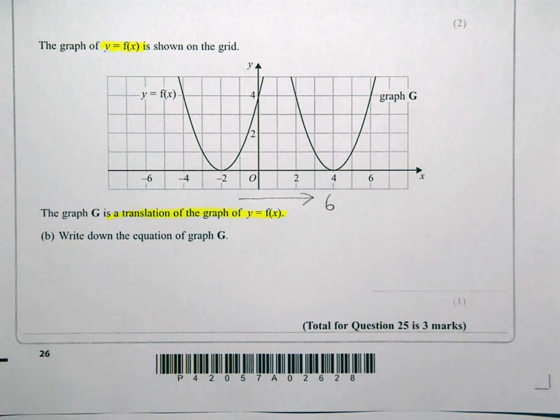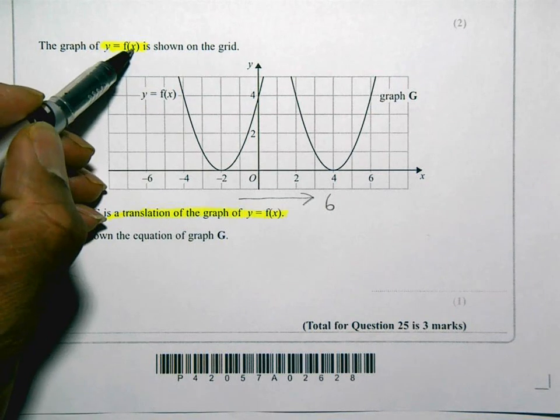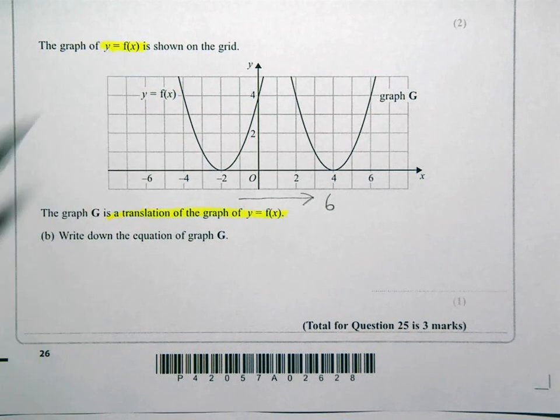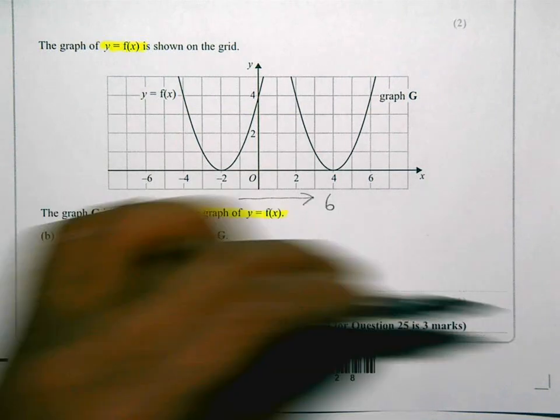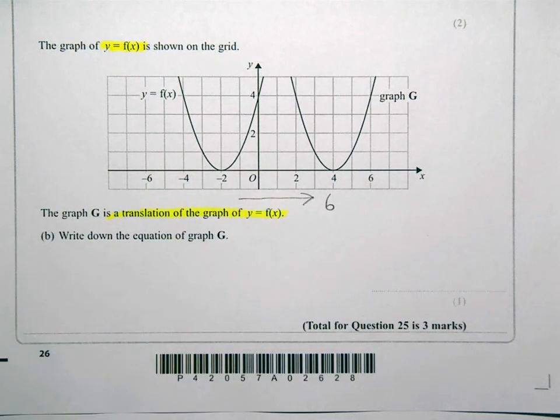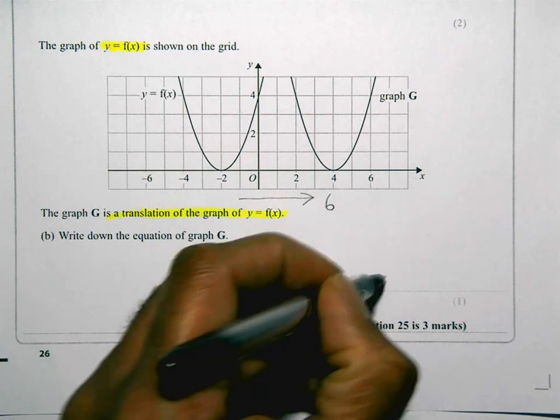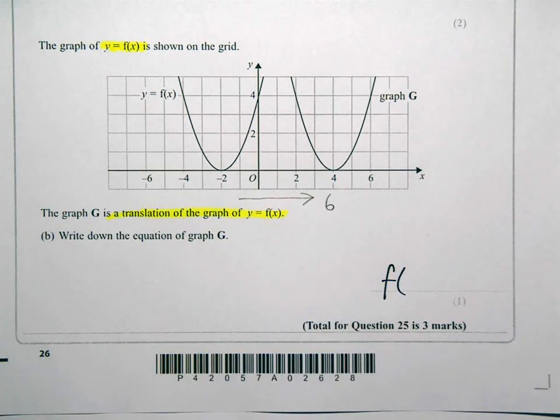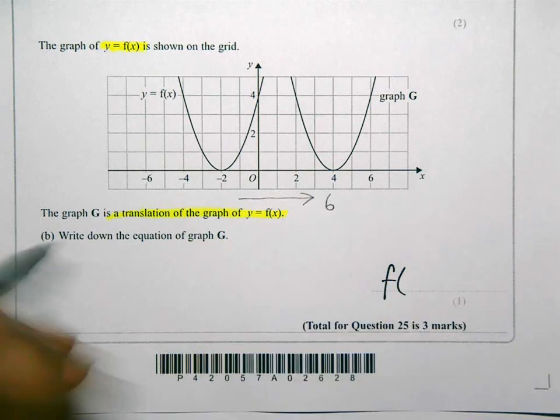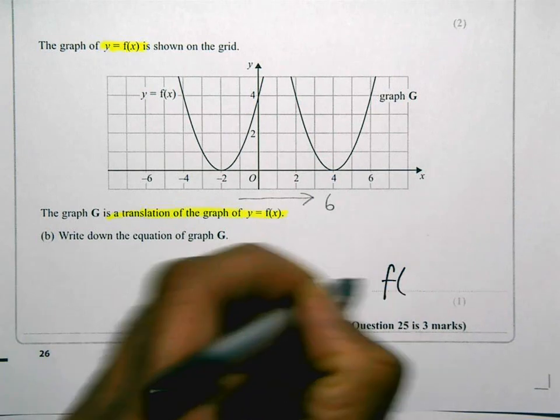Because you're moving it horizontally, you're going to add or subtract something to x inside the brackets. Because you're moving it rightwards, it seems opposite, but you need to take away from x. And because we moved it 6 spaces, the equation is going to be y is equal to f of